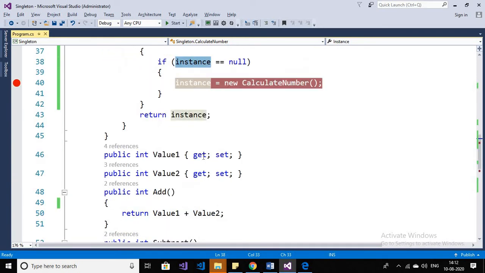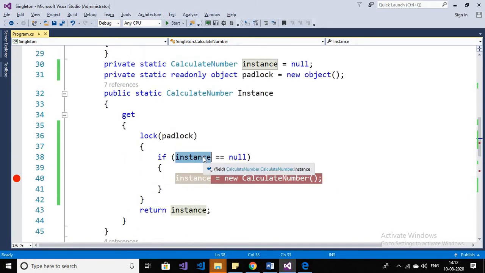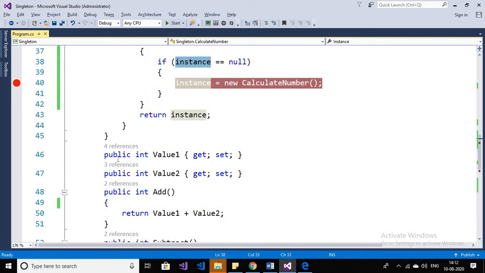Okay, now the third thing is that in this program I have declared two variables, a public int val1 and public int val2. So what is the use of this singleton class design pattern? I have created one instance, and I have created two methods to demonstrate how, by using the singleton class instance, we can access a method inside the class.